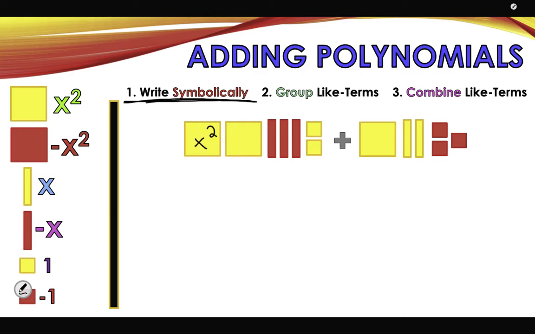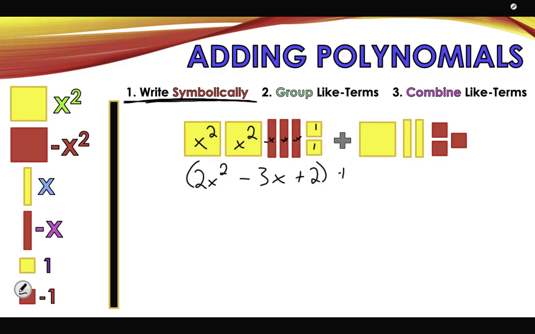So if I have an x squared block here and an x squared block here, I have two x squared blocks. And if I have a negative x block in 3 different places, I'm going to say that I have negative 3 x blocks. And then if I have a 1 block and a 1 block, I'm going to say that I have 2 1 blocks. So this is my first